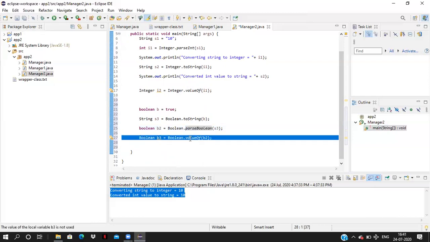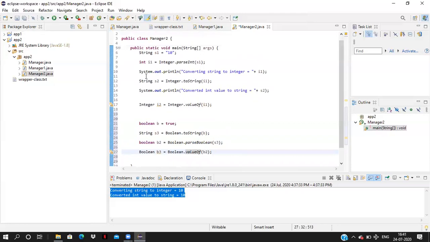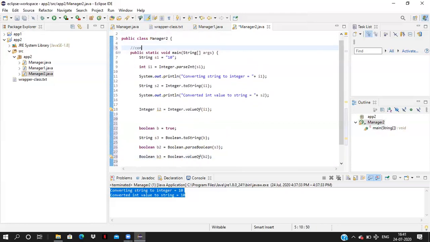We have the valueOf method for converting primitive type to the wrapper class object. Now what all have we learned here? Convert string to primitive. String to primitive, we need the parse methods, and toString method.